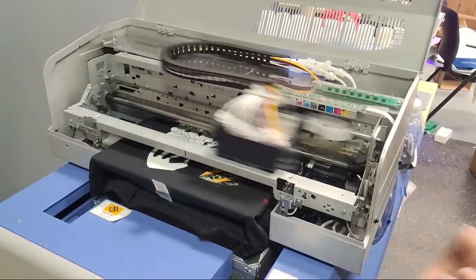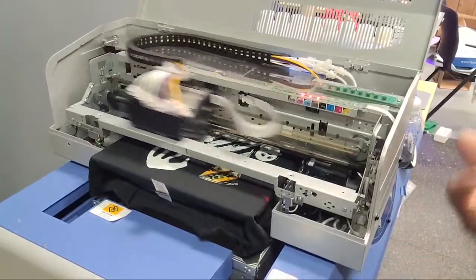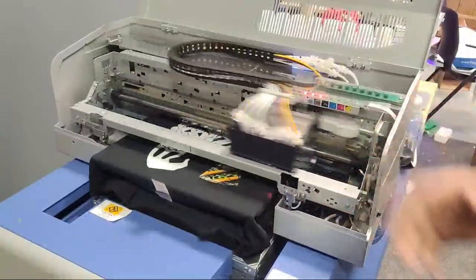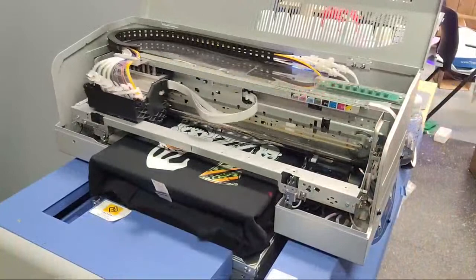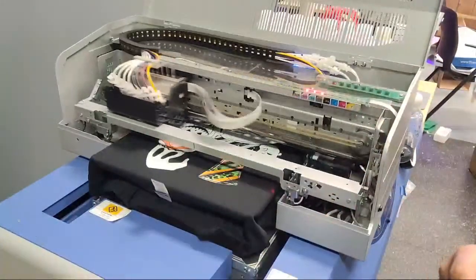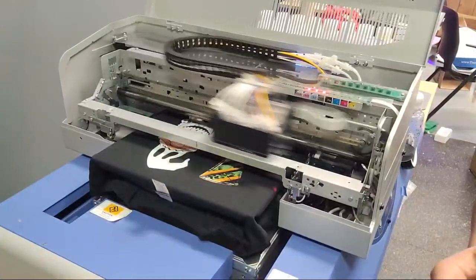I can't speak about the Epson, you know what I mean? Because I can only speak on this one. That's what I tell people. I can't give you any advice on something that I've never used. I think they have ink cartridges, and I don't know if he's here tonight in this live or not, but